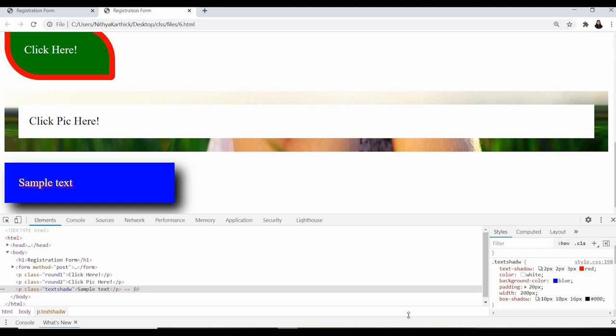Okay, in this session we have covered rounded corners and border images. We have given border images, rounded corners, right? So this text shadow and box shadow, and also in the notebook we have seen skew, rotate, right?